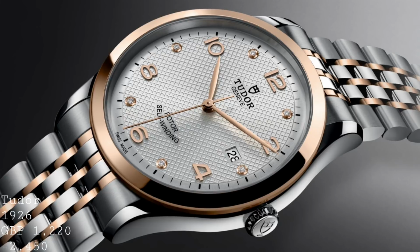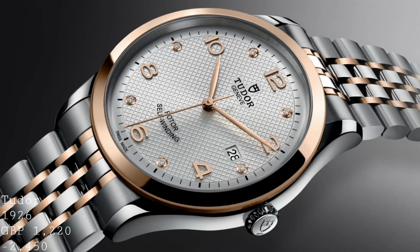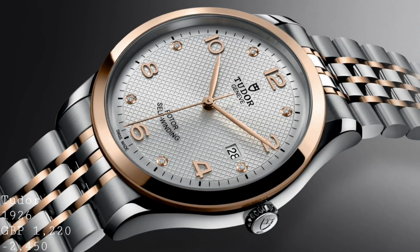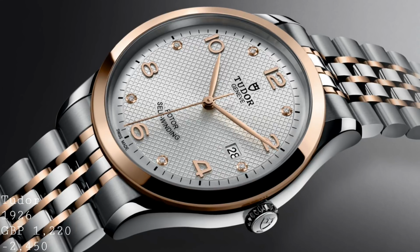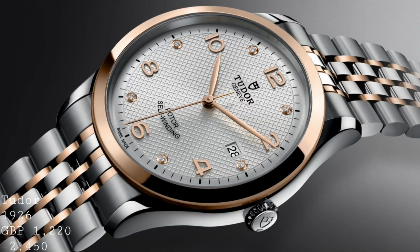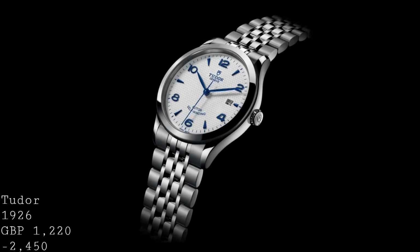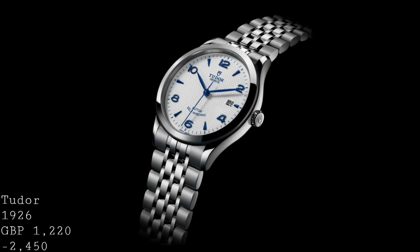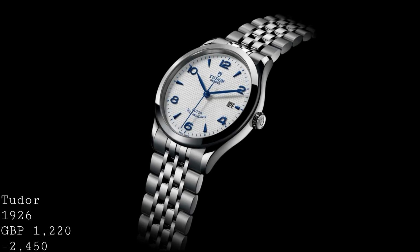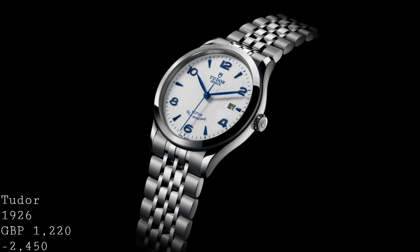Now, prices for this 100-metre water-resistant watch vary between £1,220, which is the variant at the bottom of the range, being the 28mm version in full steel without any diamonds, up to £2,450 for the two-tone version with diamonds on the dial in the full 41mm size. And the pricing for this watch is neither here nor there. Personally, I think it's too high for what they're offering. I think brands such as Zinn, for example, or Laco offer infinitely more for the same price range, which I think is a shame. And I feel that with this watch, Tudor were resting on their laurels and indeed their brand name,